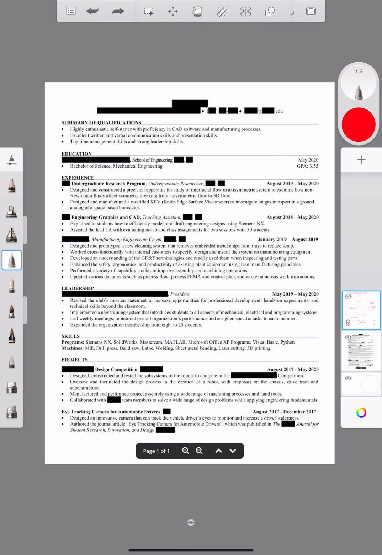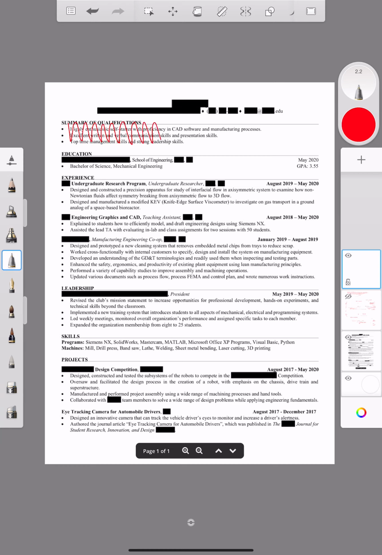So what I usually do is I do a first pass, just a generic read, and then I do a formatting edit, and then I do a content edit. And the content edit obviously is the one that takes the most time, but let's just go for it. So right off the bat, I see that this user has a summary of qualifications. Now, I personally don't think that you need a summary of qualifications if